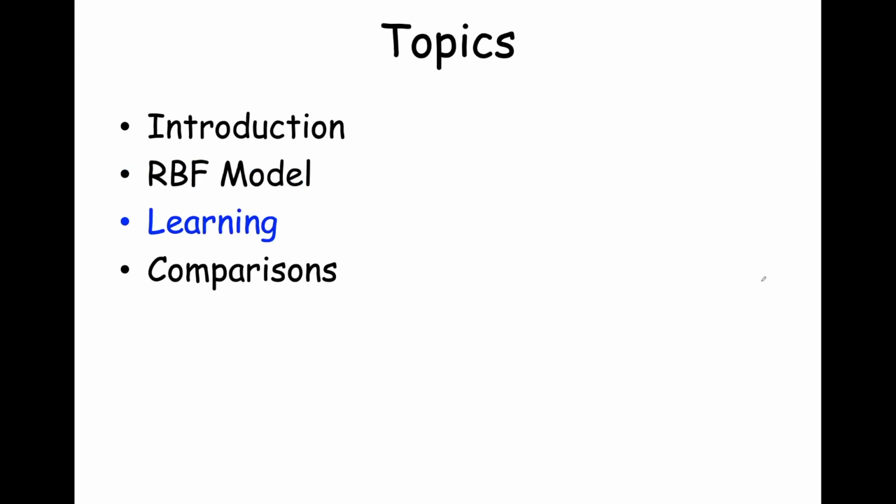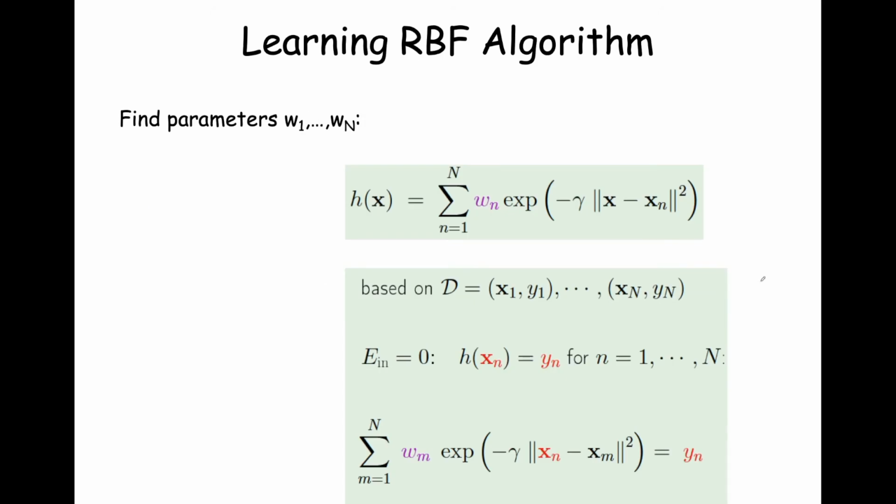And so let's take a look at how you use the radial basis function model for learning. Let's suppose you have your radial basis function definition for h of x. And this can be a real value. The specific real values would be the unknown labels from the target function. Now, in the real valued case, of course, you could find some instantiation of the parameters wn such that this weighted sum of these radial distances relative to each of the in-sample points is going to result in that real